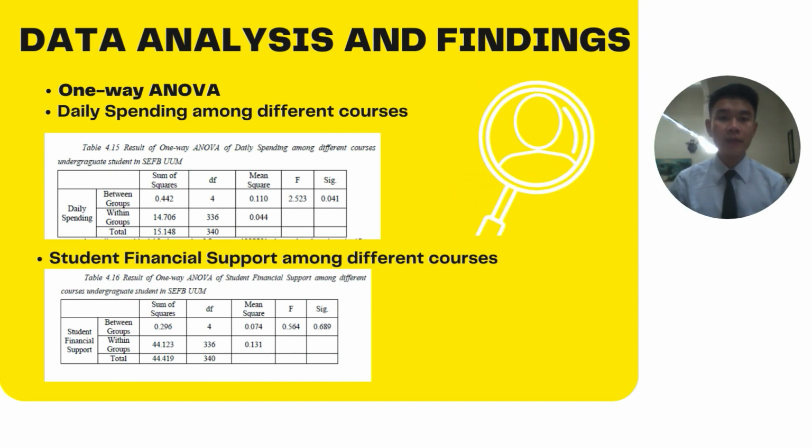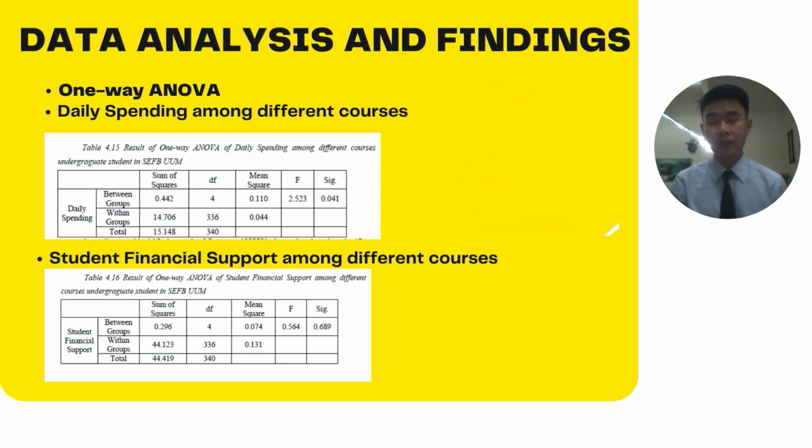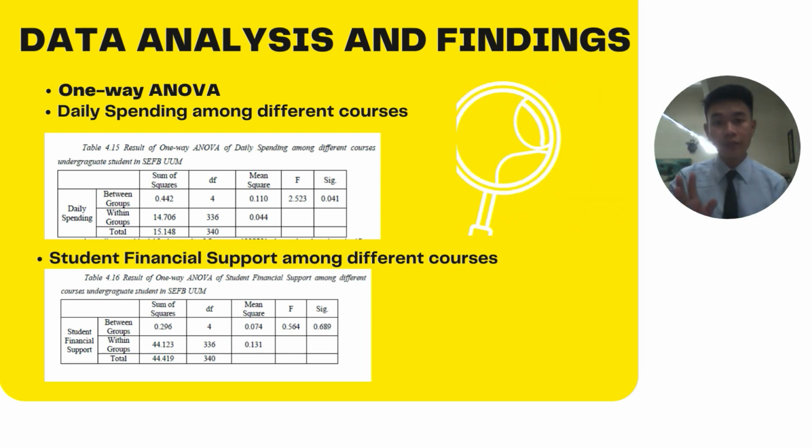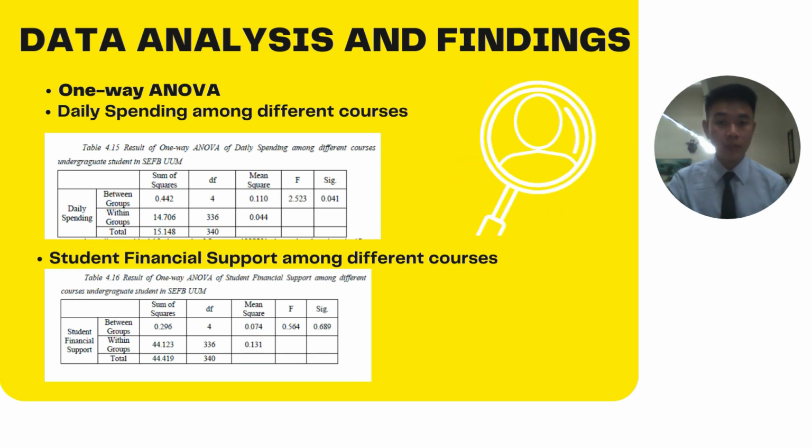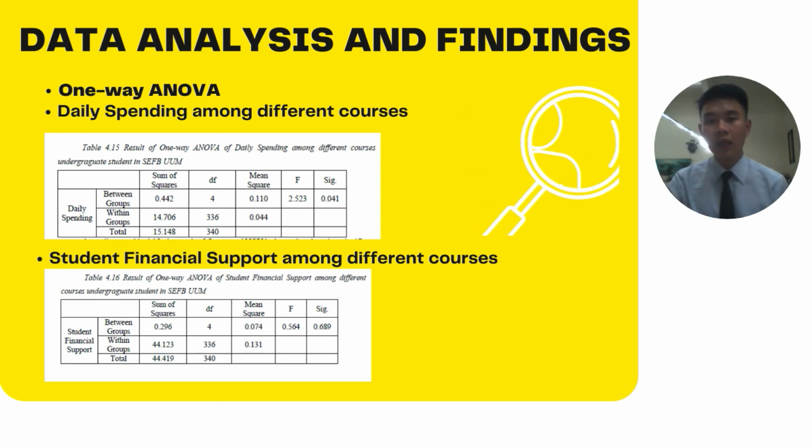One-way ANOVA is used to compare the means of a variable between two or more independent groups. The table below shows the result of the ANOVA test. Based on table 4.15, it shows that there is a significant difference in daily spending among different courses of undergraduate students in SFP, UM, where the p-value is 0.041, which is less than 0.05, meaning to say that different courses result in different daily spending. Some of the students from different courses may spend more, but some may